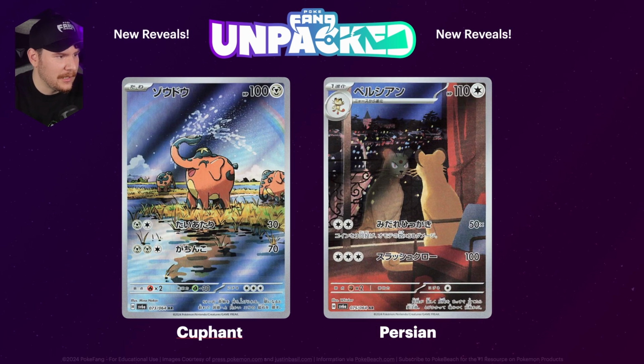We also have the Quaxly, which is adorable, doing what little elephants do, splashing itself with water on a hot day. It's got a rainbow in the background there. Some nice little subtle reflections, definitely a more artistic style. I really haven't seen much of that photography style that I've loved over the last few sets in Shrouded Fable. I don't know if that's going to continue, but I wish it would, because I think it looks